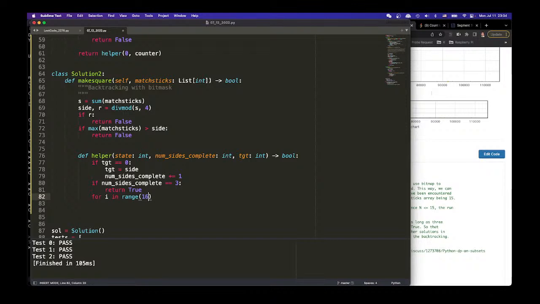Actually 15, well, 15 times. Say if one left shift i and state. If it's 1, that means this one has not been taken, right? So now we take it. And I just realized